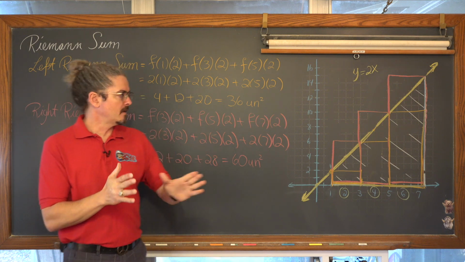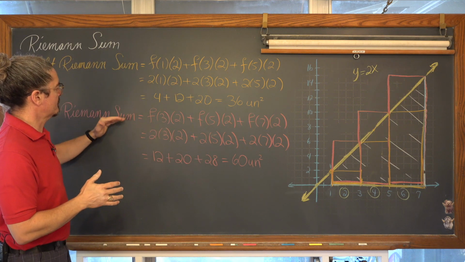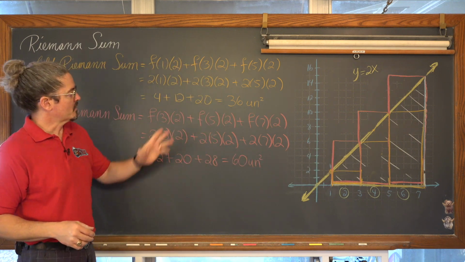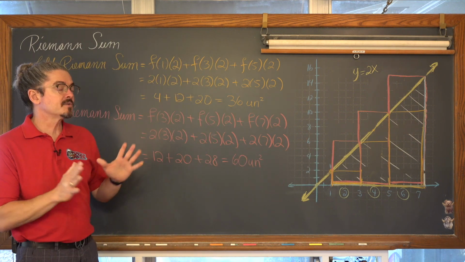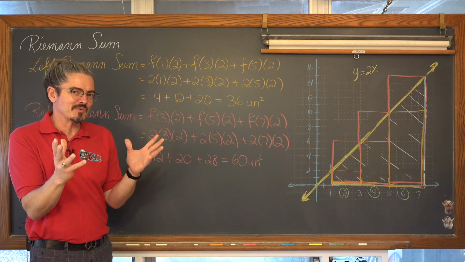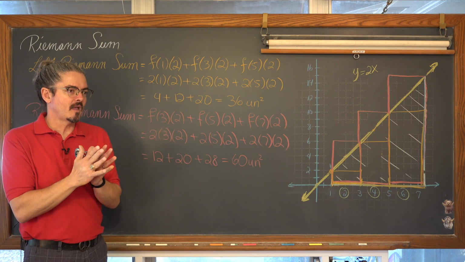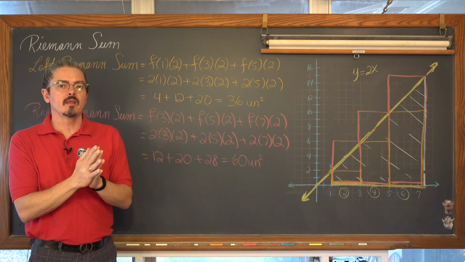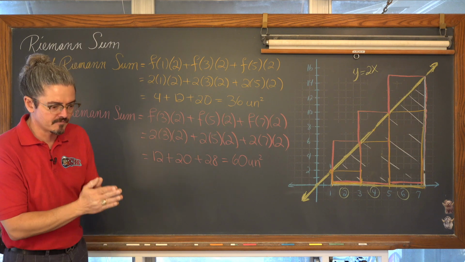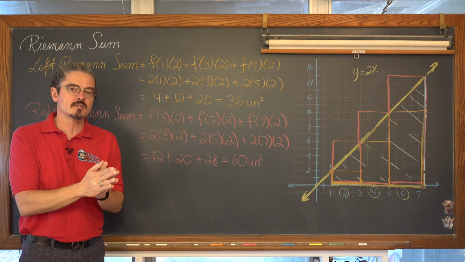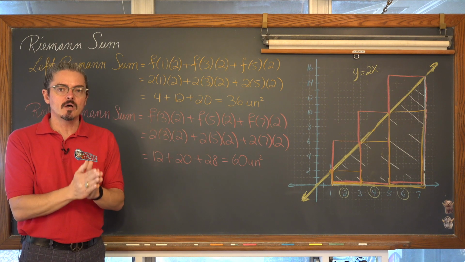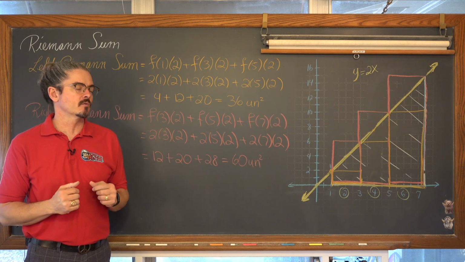We came up with a left and right Riemann sum with only 3 subintervals without seeing all this fanciness that we're about to come up with. While we don't need to calculate definite integrals using a limit of sums process in AP Calc, we do need to know the definition of a definite integral.